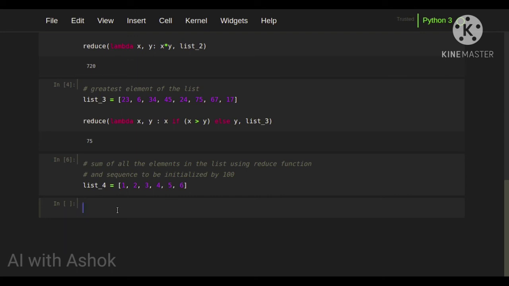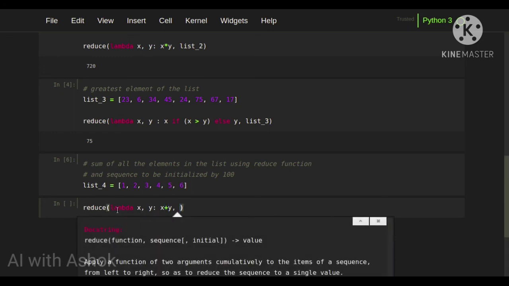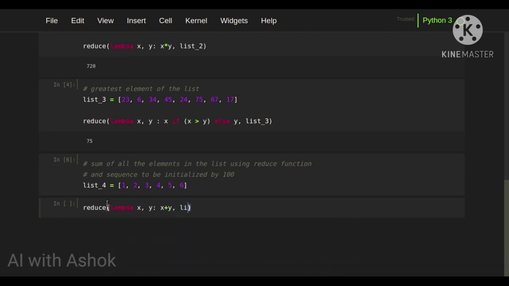Let's see how to do this. Reduce of first, we are going to give the lambda function. Lambda, we have to take two arguments x comma y, and we are going to add those arguments. So that's our lambda function for addition. Then we are going to give the sequence. Our sequence is list 4.